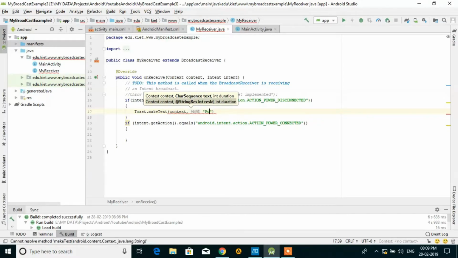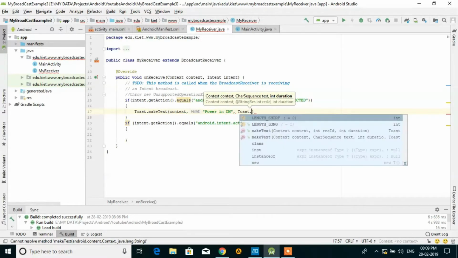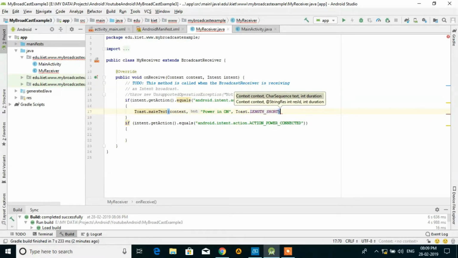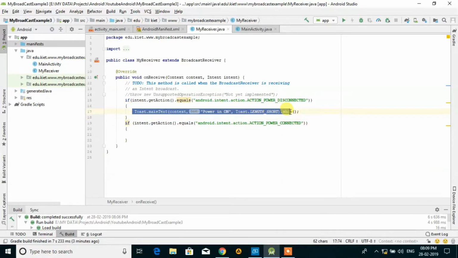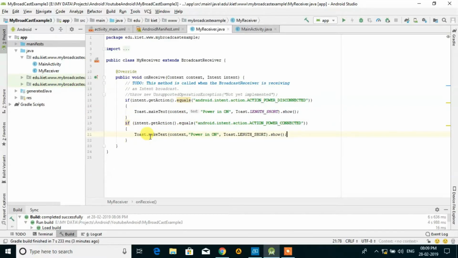We are writing here Power is on. Then we have to give the Toast duration, then .show. Then here also the same kind of message we have to put. Actually this is on and this is off. Power is off, power is on. This kind of thing we require.